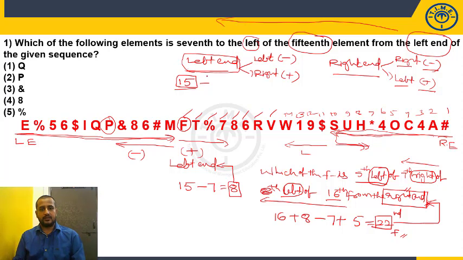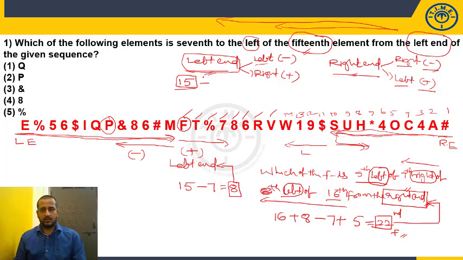So just check whether the question is based on the left hand or right hand. If it is the left hand, left will be minus, right will be plus. If it is the right hand, right will be minus, left will be plus. But we have to go in the reverse order. We should start counting elements from the reverse order. And whatever the base is given, whatever number is given for that will be taken as it is without using any signs. Clear? Fine.